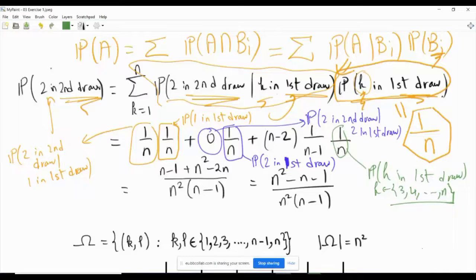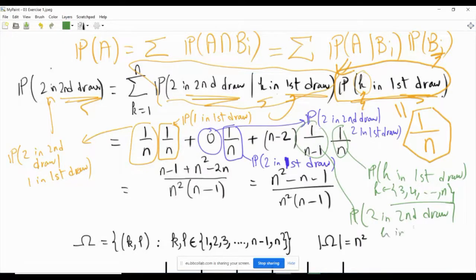So if you pick 3, when you do the second phase of the experiment, there are n-1 balls, not n. But the ball with the number 2 is there. It has not been thrown away. And so now the probability, this is 1 over n-1, this is the probability of 2 in the second row